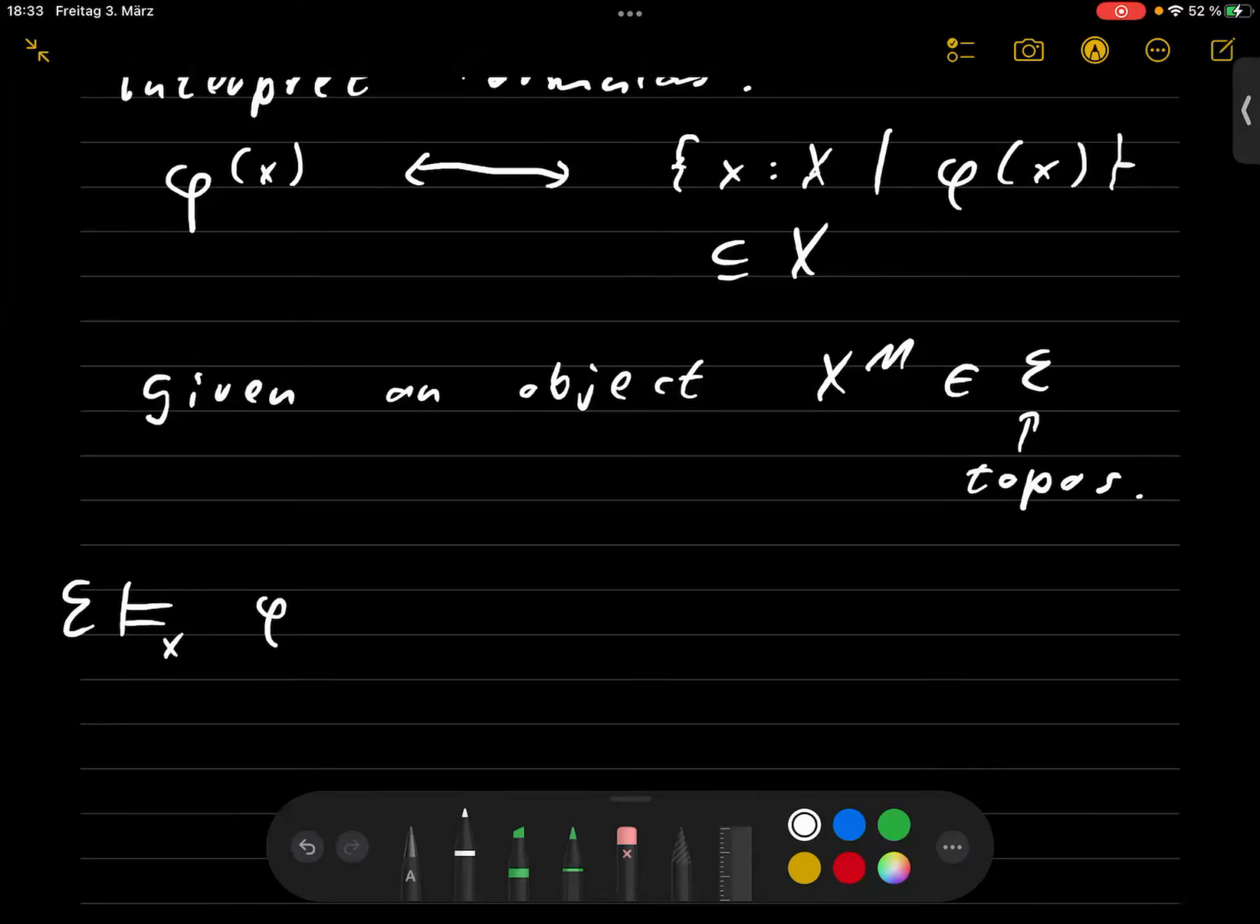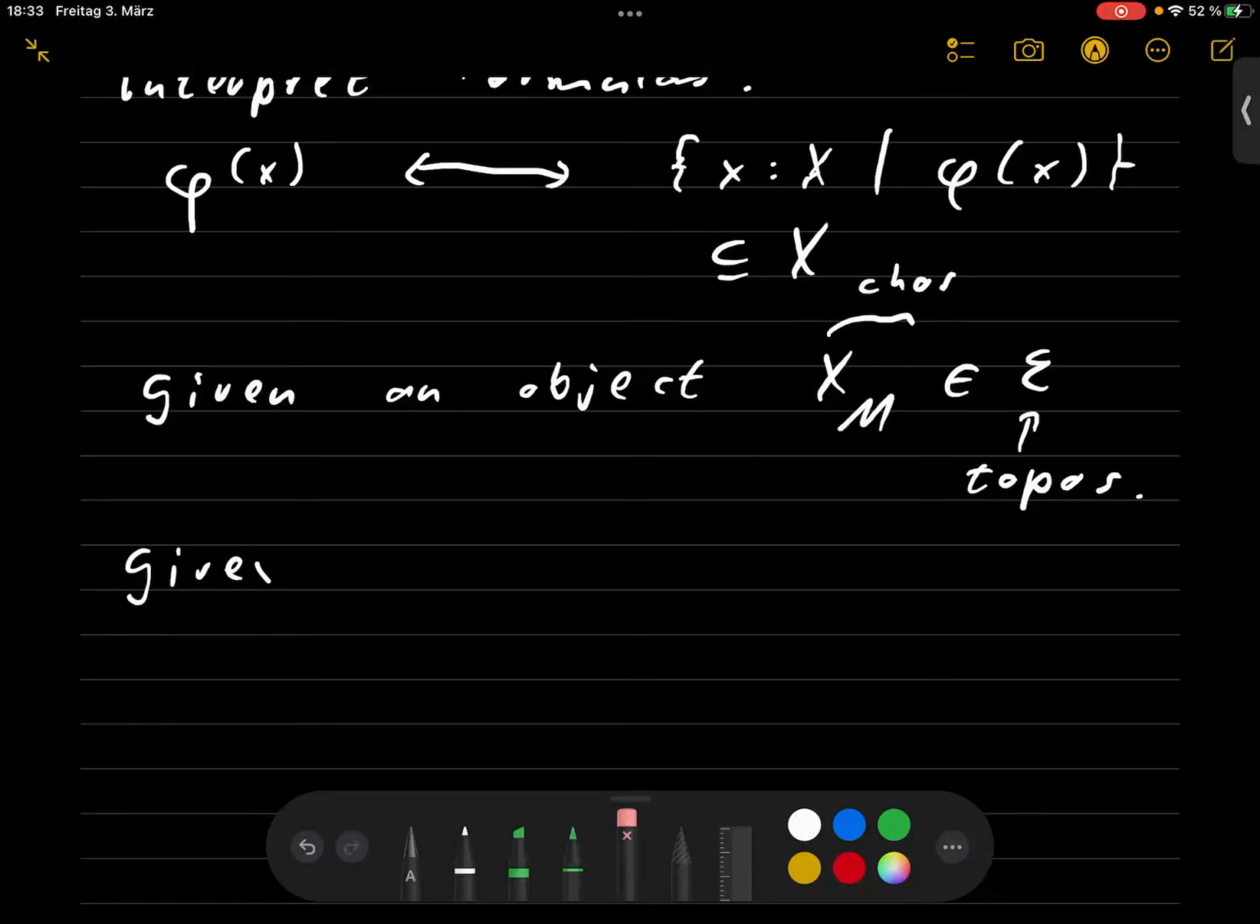I think I should write some x here. Oh wait, nonsense. We can only say this when we have... Sorry, I should start with something before that: given an element. Sorry, what do you mean by x m? Above? I mean just a chosen object. Is this an exponential? No, it is not. It is just any chosen object